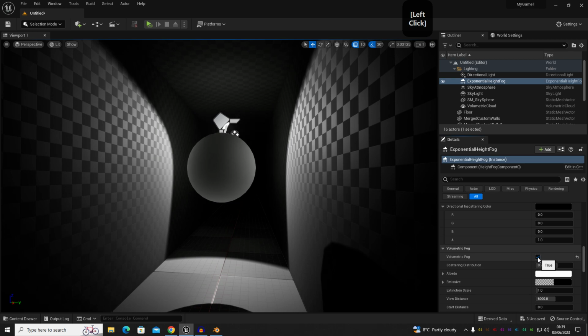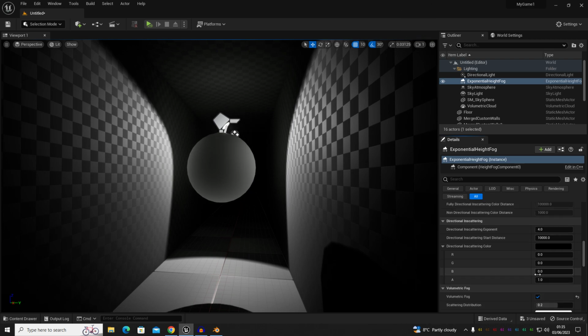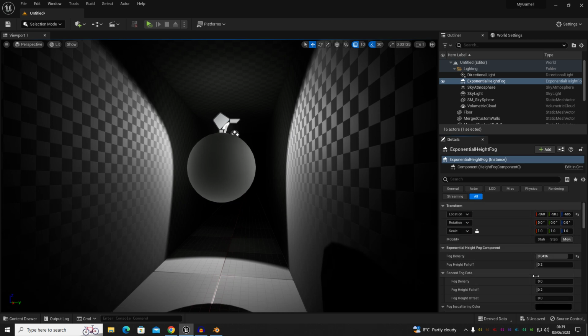So you can see a very subtle change happening in this area here when I tick it on and then I tick it off. So it's adding a little bit of fog to the scene, and we can increase the amount of fog by increasing the scattering distribution underneath our volumetric fog tick box just here. So we can adjust that back to defaults of 0.2,